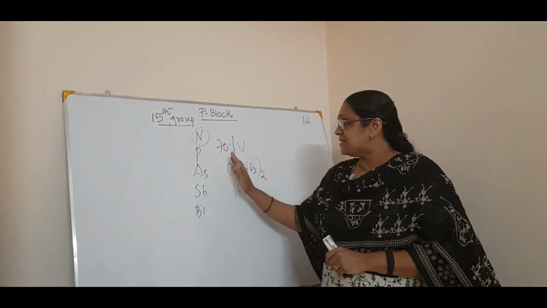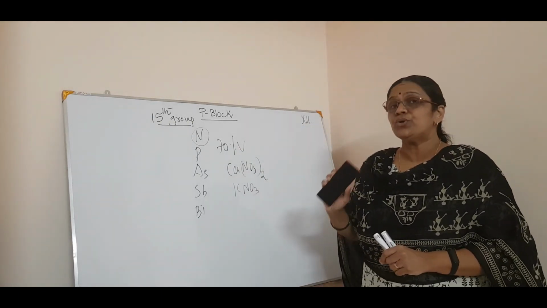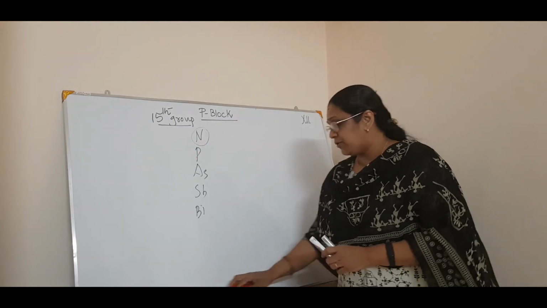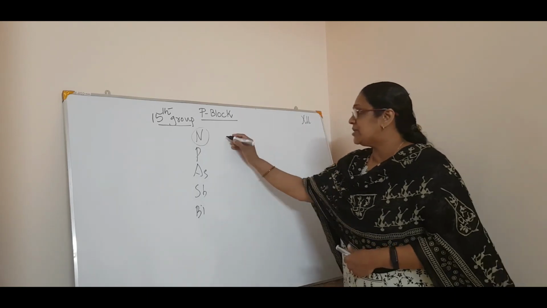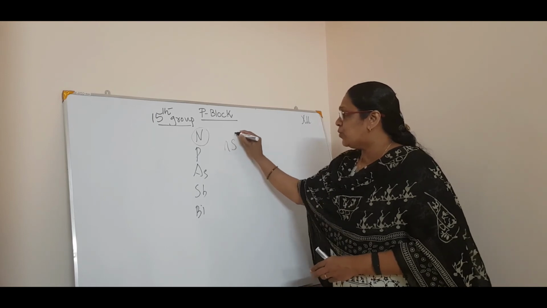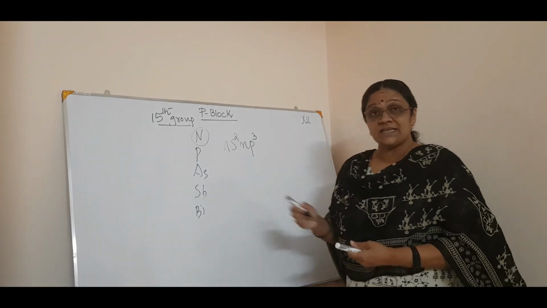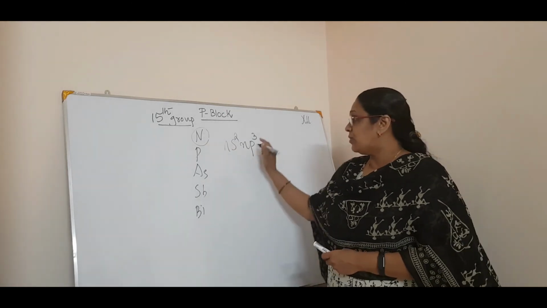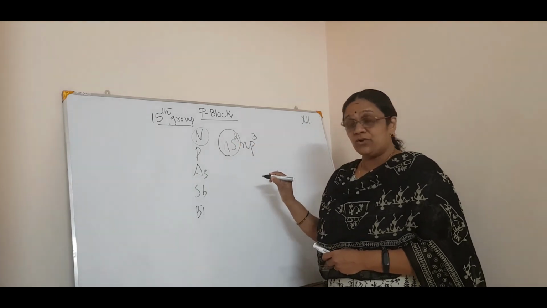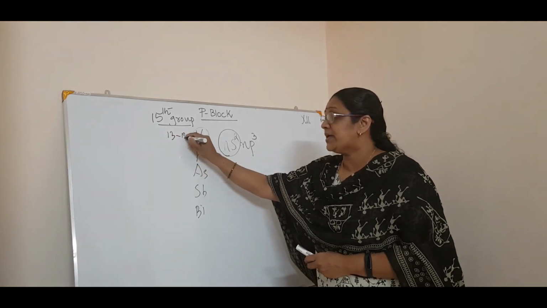Okay, so first we will go to the electronic configuration. As far as any group is considered, you should know the general electronic configuration. Now what is the general electronic configuration of this? This is the 15th group, so it will be ns2 np3. Why? Because 5 electrons are there in the outermost shell, isn't it? So ns2 np3, and more importantly, the s2 must be full. Then only you can say it's a p block element, isn't it? From the 13th to 18th group, you can say it is a p block element.